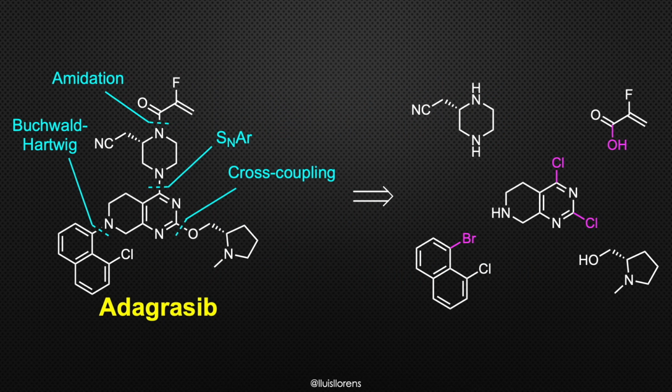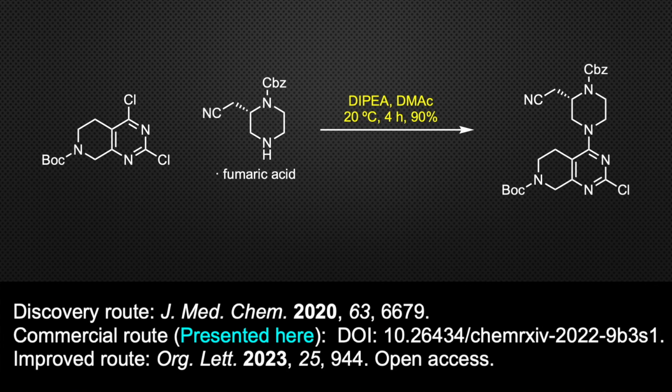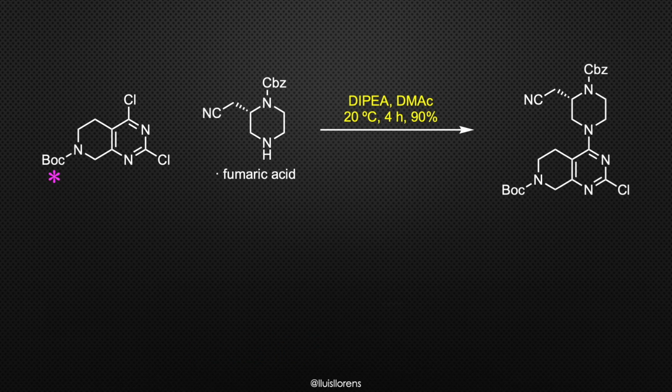Adagrasib features three distinct subunits, an N-methylprolinol, a chloronaphthyl, and a substituted piperazine attached to the tetrahydropyridopyrimidine core. The unique 2-fluoroacrylamide warhead located at the distal site of the piperazine is responsible for covalent binding to the target protein. The current commercial synthetic route starts with the Boc-protected